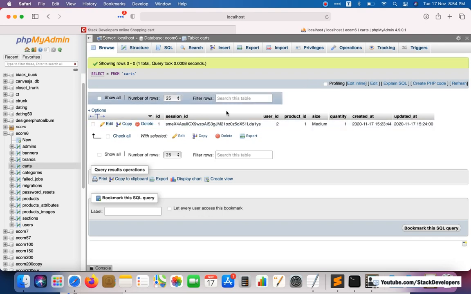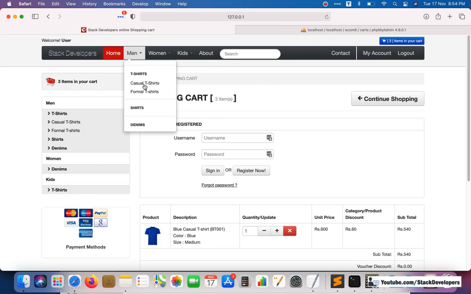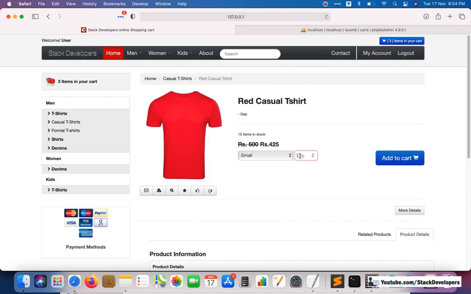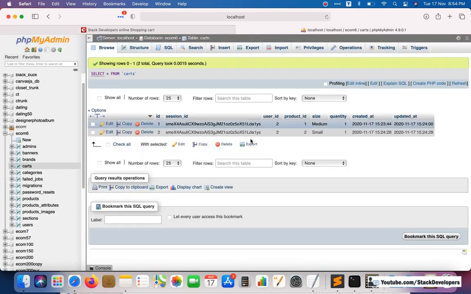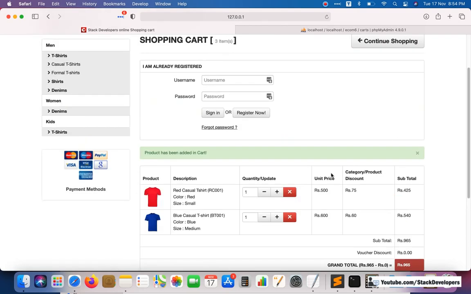We are going to update the cart table with the user ID by comparing with the user session. Even now the user can add more products to the cart, and it will be there, no issue will come with it. It will be added with the user ID as well. You can see here, there will be no issue.